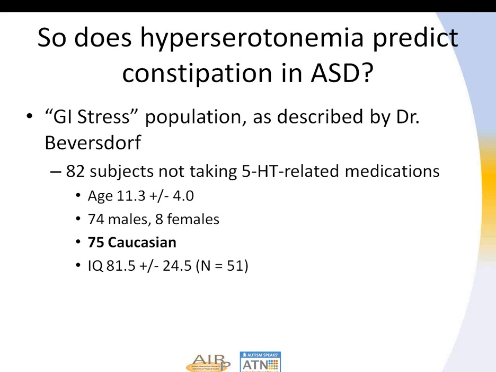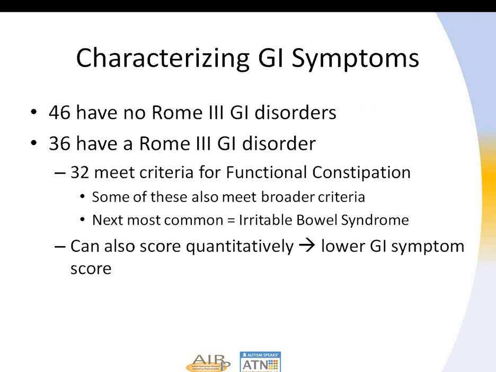Another direction is actually the opposite, to think that there might be a distortion in the way that the gut functions that could lead to elevated serotonin production, elevated serotonin levels in the blood. So the population I'm going to be talking about is a subpopulation of what David outlined, because not all individuals could be used because they were taking serotonin-related medications such as antidepressants that inhibit the serotonin transporter. So in this subpopulation, 82 individuals, 75 of whom were Caucasian, we did some of the analyses in the subset. We were able to look at blood serotonin levels in relation to GI symptoms.